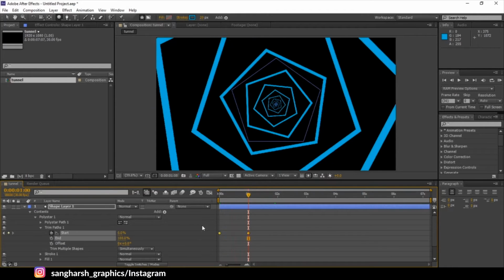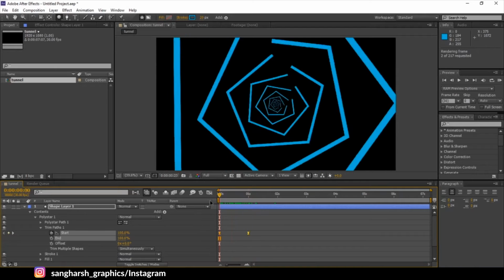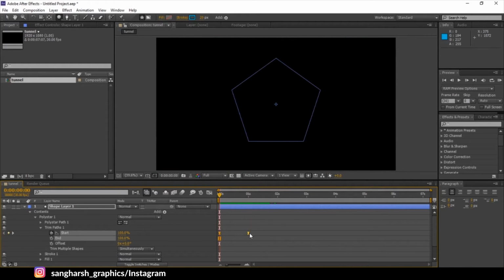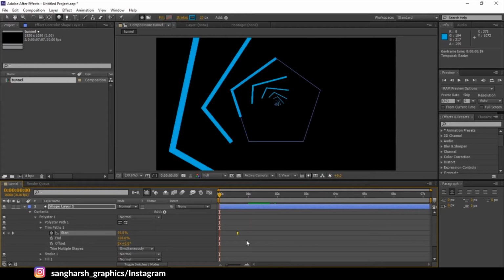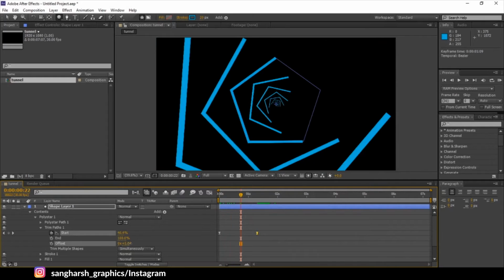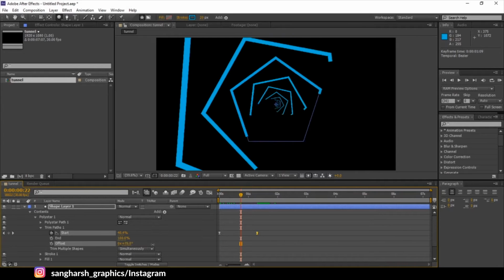Select both keyframes, press F9 to ease them. Now we have this type of animation. Let's increase it a little bit. You can also adjust the offset like this.